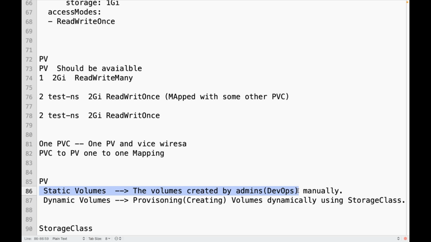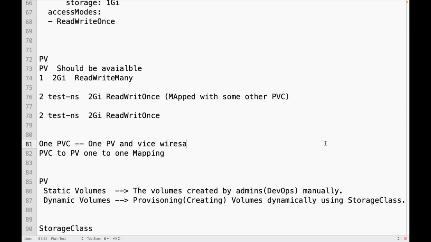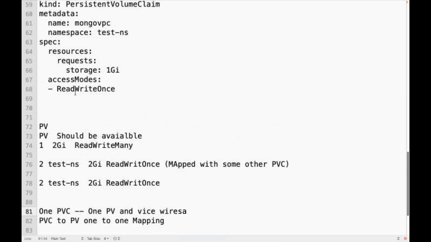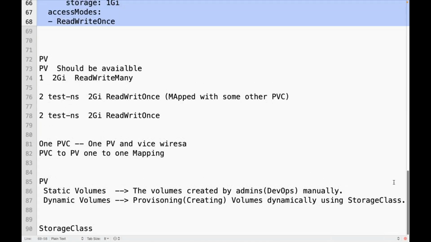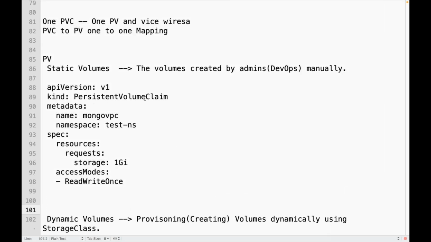There are two options. First, let me create a volume manually. The way I am creating this PVC, as an admin, do I need to create a PV, the static volume, in the sense that manually you create a persistent volume